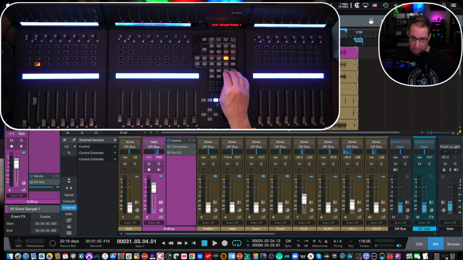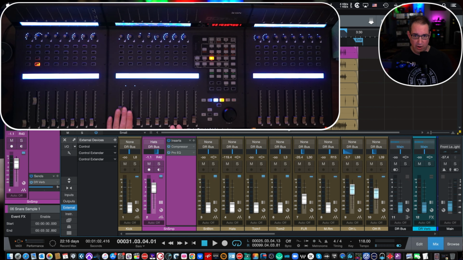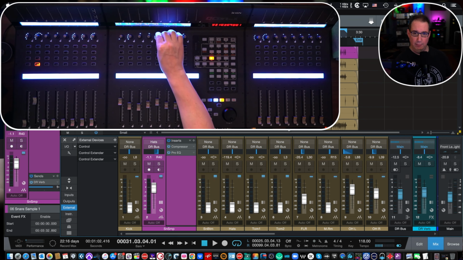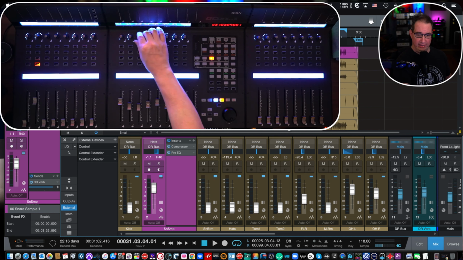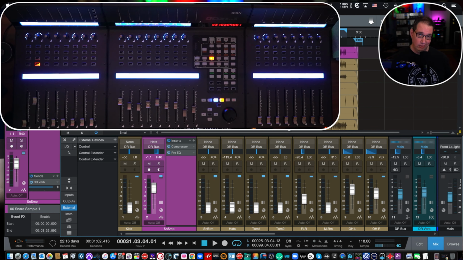And then again, if you want to just get back to panning, this puts everything at panning. Now all these individual tracks are here, and all the pan pots are for the tracks that you have selected in your mixer here. So that is our assignment section and the automation section on the QCon ProX in the master section. I hope this video